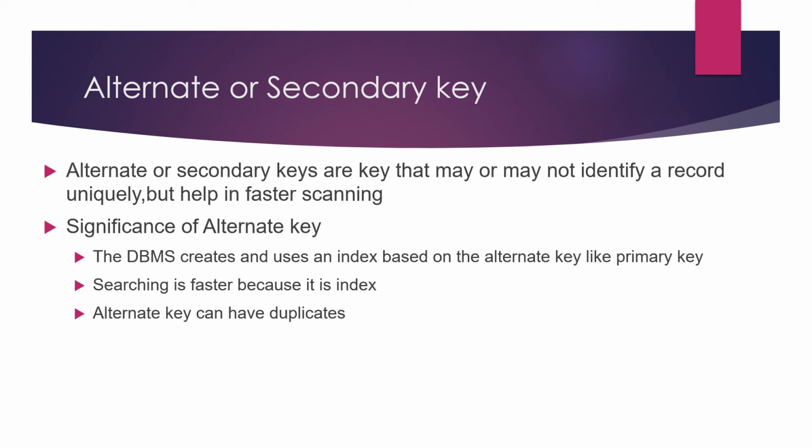Alternate key is a column or a group of columns in a table that uniquely identify every row in that table. A table can have multiple choices for a primary key, but only one can be set as the primary key. All the keys which are not the primary key are called alternate keys. Just keep in mind that all the keys which are not primary key are called alternate keys.